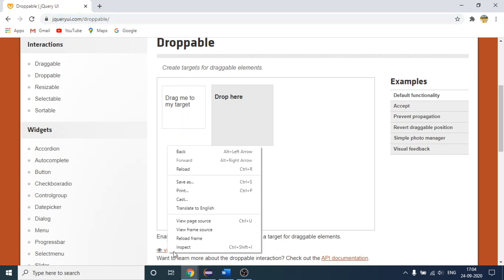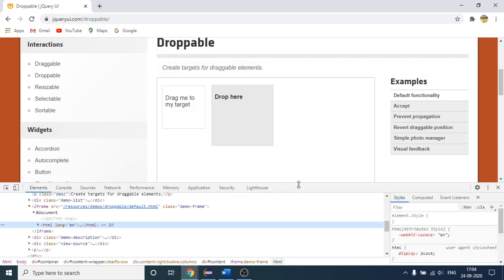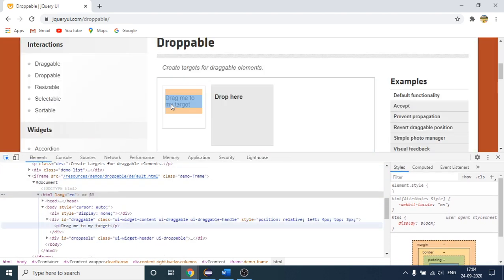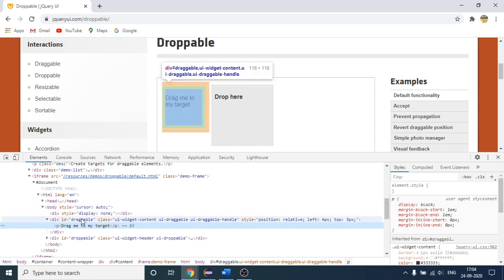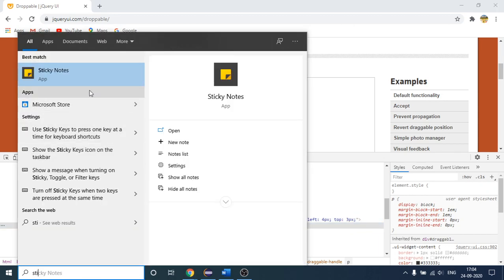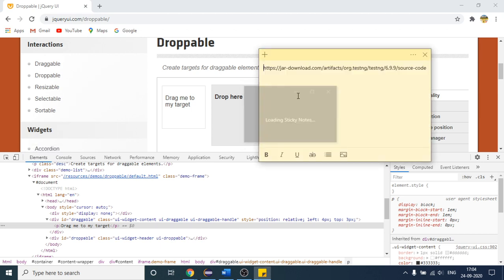So how do I do it? First I will right click and inspect it so that I will know what the coding part is. Let me make it a little bit bigger. If I try to inspect it, this is the one we are interested in. So what is the XPath for it? Let me open this. What will be the XPath? This is the XPath.